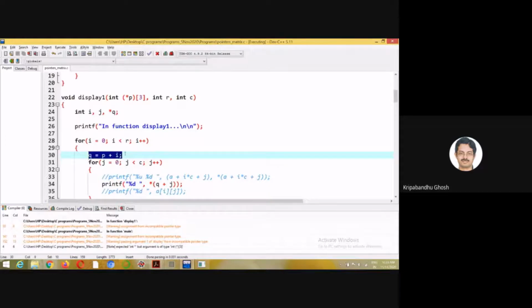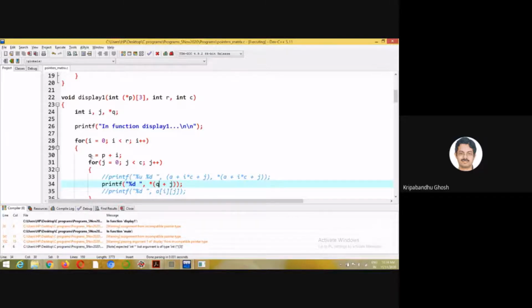So it considers the first row as an array. So it doesn't consider the second row as yet. So P plus, initially it is I, right? So Q plus J here means basically the jth element, I mean the jth column of the first row, which is in this case the 0th row. So this will access all the elements here one by one.